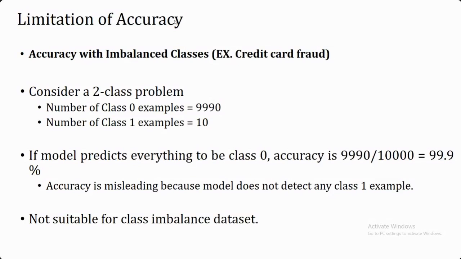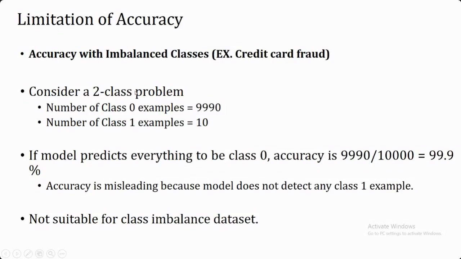The meaning of an imbalanced data set is that one of the classes is going to have a major portion of your instances and another class is going to have very few instances. But our model should be able to work for both the classes. That means it should be able to identify instances of one class and the other class also. But accuracy is not considering the information for those instances. Basically it is not incorporating the information for your misclassified instances. If the correct classification is there, then only that information it is going to take.